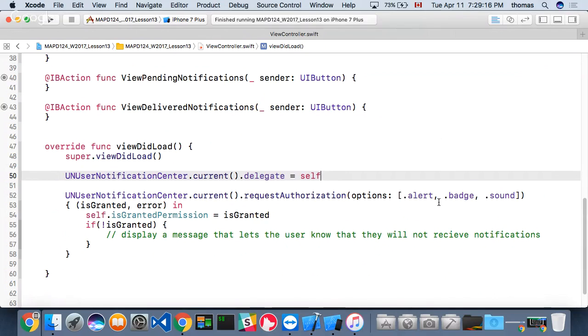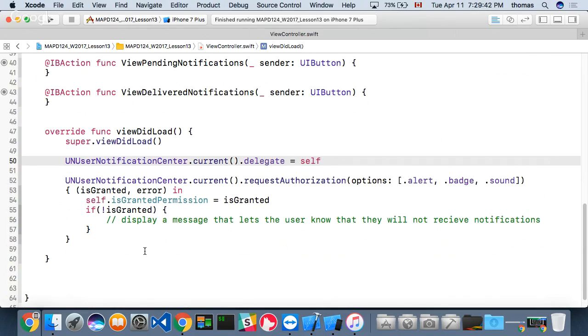The delegate, remember, is just saying, hey, I want to receive notifications. I don't want you to send them to the window only. I want to receive them also here. And the next part is we need to have a notification function, which we're going to use, called will present notification. We actually have to have the delegate function in the bottom here. So below the,